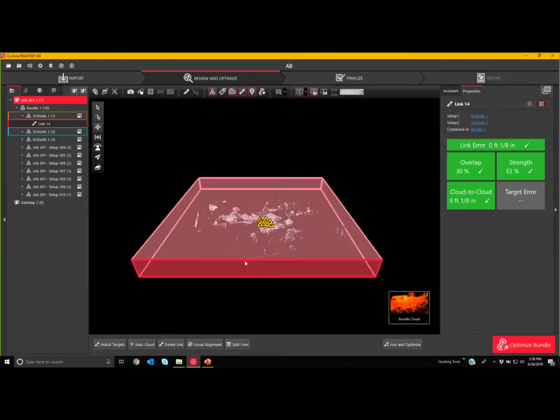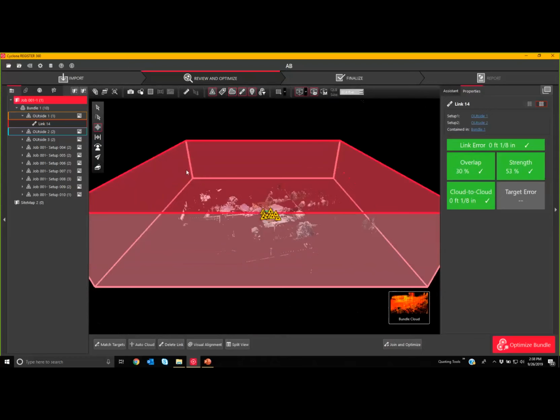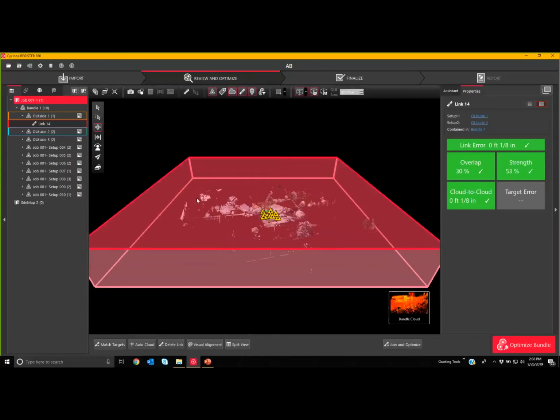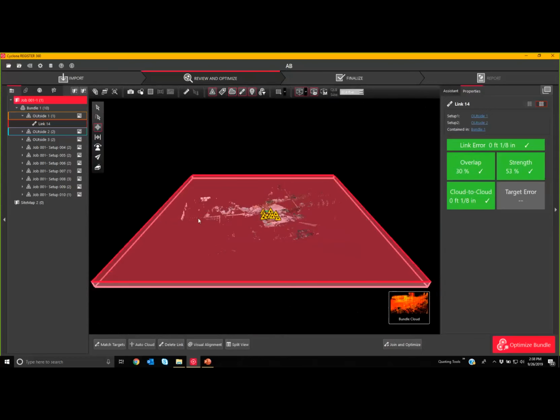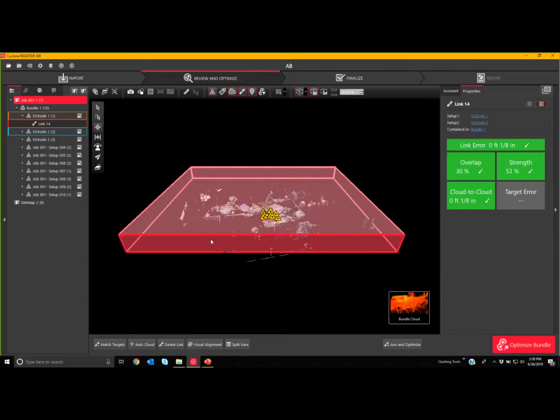And you'll see that if you come in and look at your limit box, it's this reddish, pinkish box here, and I can adjust the height of my limit box, and you'll see that my point cloud will start to disappear a little bit, right? I can adjust, taking this in,